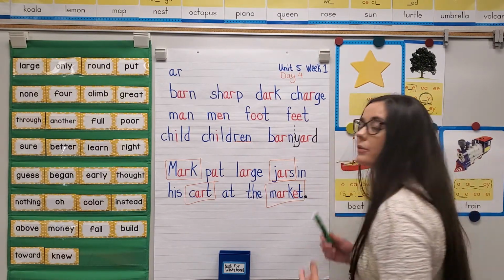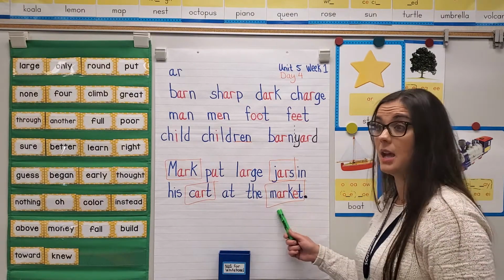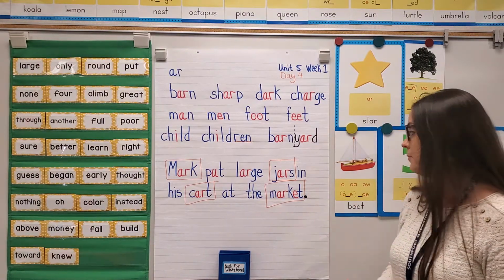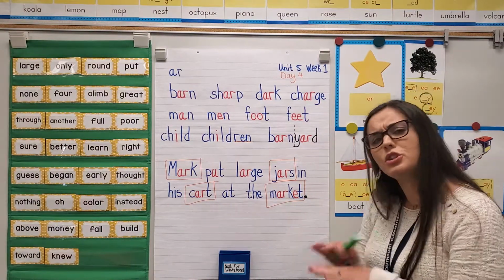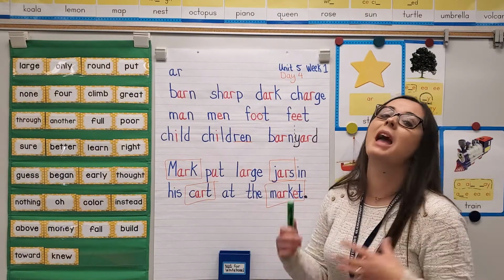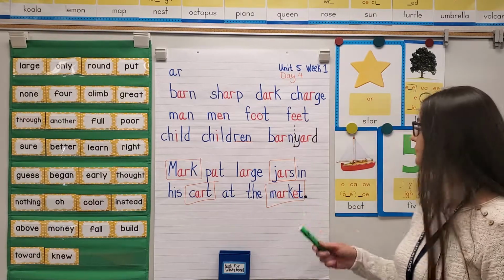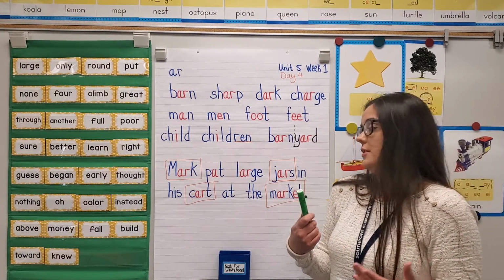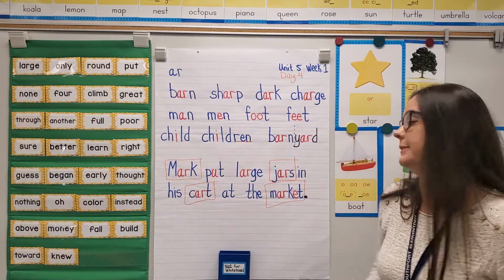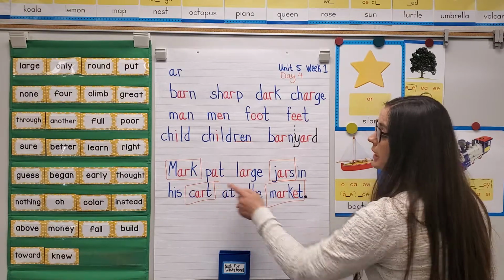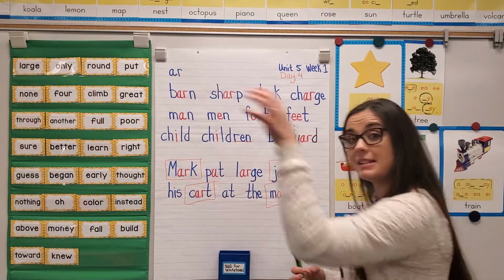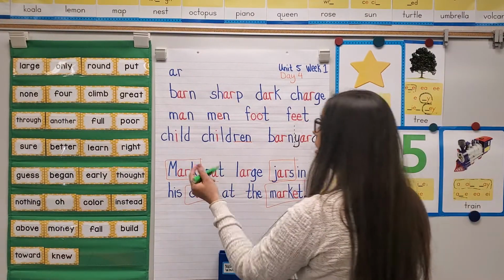All right, so we know that a verb is something that the noun does. So look at our nouns. Mark, jars, cart, market. So is the market doing anything? Is there an action that the market is doing? Nope. What about the cart? Is there an action that the cart is doing? Nope. What about the jars? Are the jars doing anything? Nope. Mark, what is Mark doing? Mark is putting something. So when Mark takes that jar and he puts it in his cart, that is an action that he is doing. Mark put,